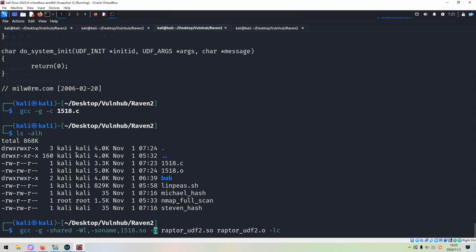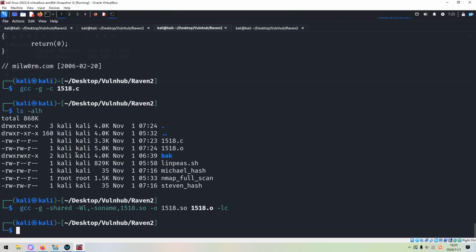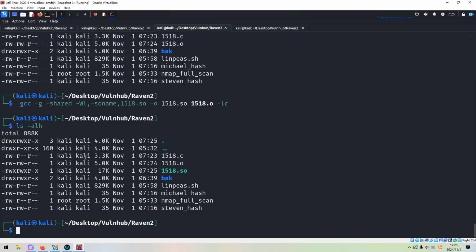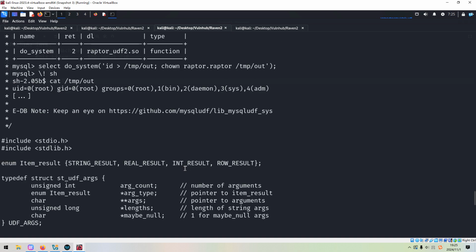And also, this should be output. Okay, press enter. It's done. Next, we need to upload this shared object to the target.